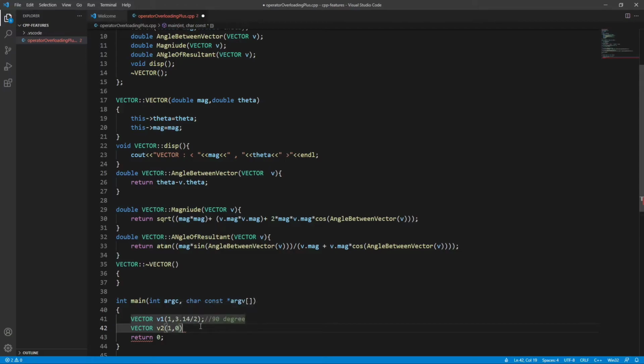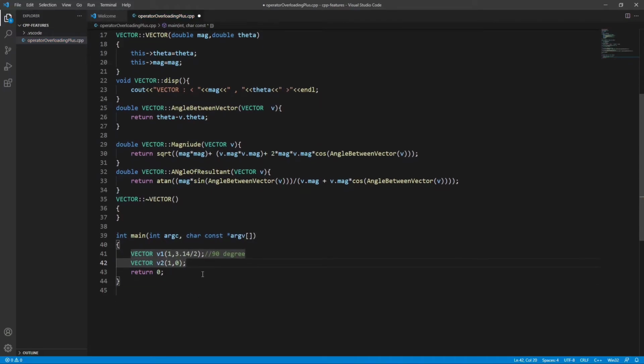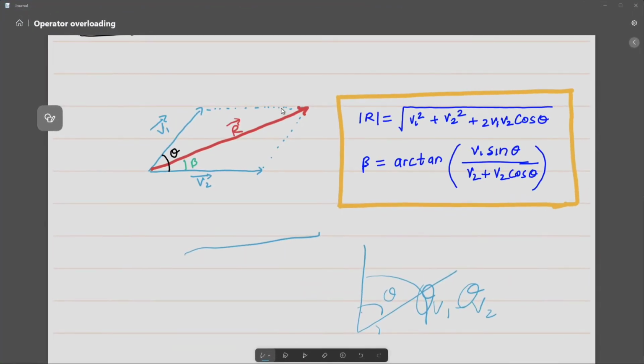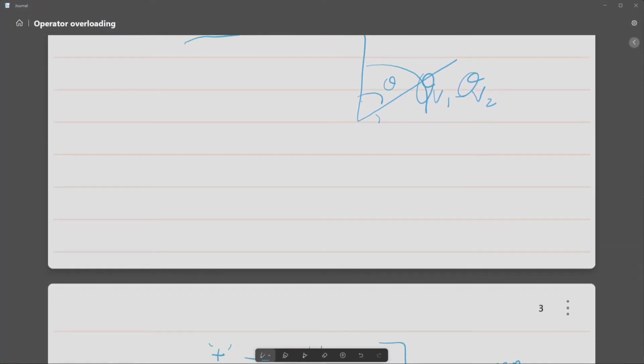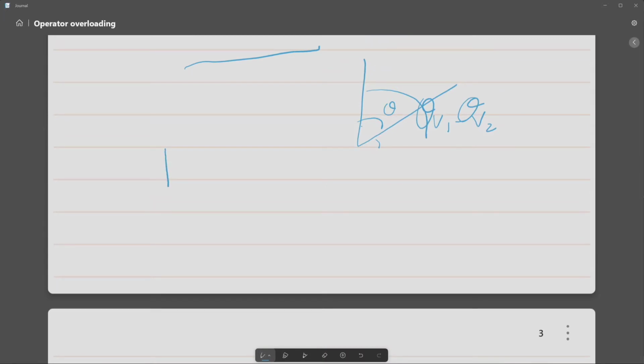So why have I taken this value? The reason behind taking this value is, I'm going to tell it here now. I have taken two vectors, they are unit vectors. This is 1 and this is 1, and one of the vectors has angle 0, and one vector has angle pi by 2, that is 90. What will be the resultant? The resultant will make a 45 degree angle, and the value will be root 2, that is 1.41 something.